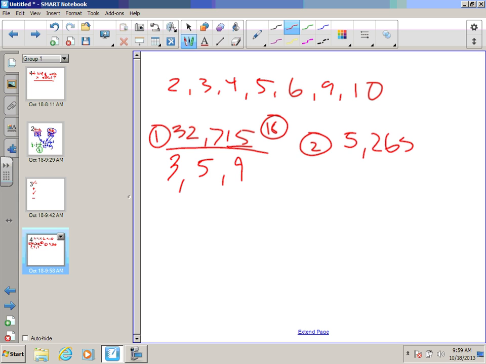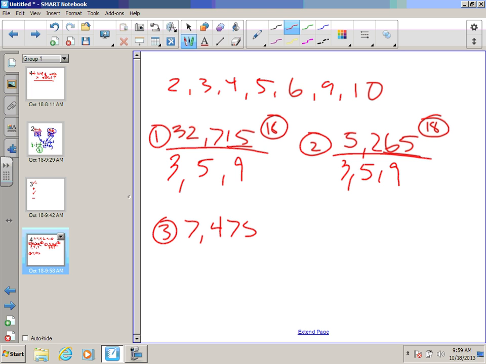Number 2, 5,265. Is it divisible by 2? No. Sum of the digits: 5 plus 2 is 7, 7 plus 6 is 13, plus 5 is 18 again. So we're looking at 3. Is 65 divisible by 4? No, but it does end in a 5. Not divisible by 6. Yes, it is divisible by 9, but not divisible by 10. So the same as the first one. Good so far? Third one,